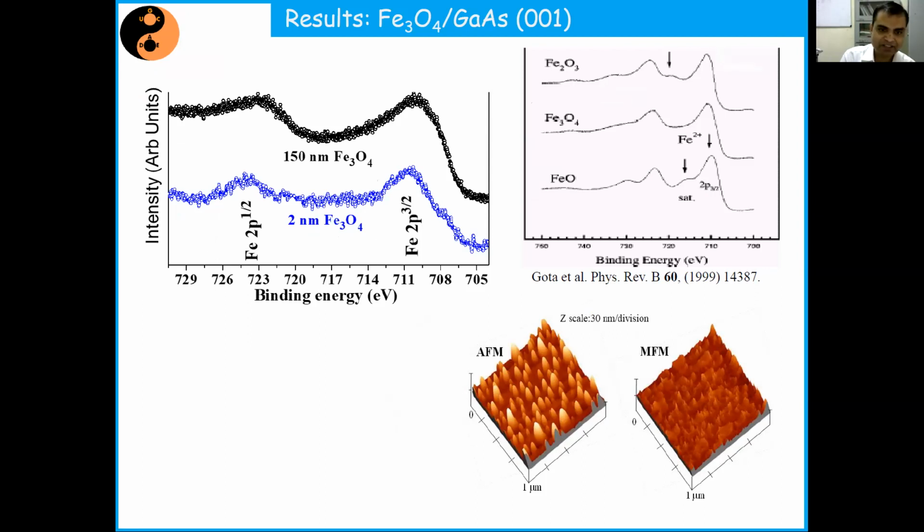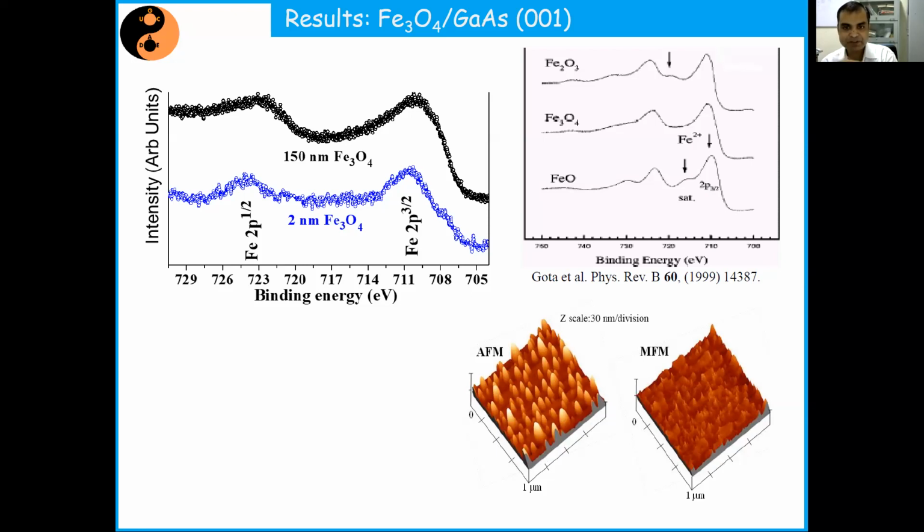Because iron oxide is a very peculiar system. It can be present in FeO phase, in Fe2O3, or in Fe3O4. If it is deposited in vacuum, you can have a signature of Fe phase also. In all these phases, whether Fe, FeO, Fe3O4 or Fe2O3, the charge state of iron is different. And if the charge state is different, the emitted electrons' kinetic energy will be different, right?